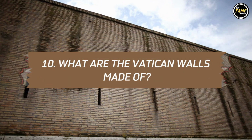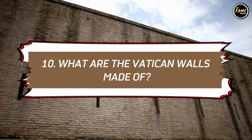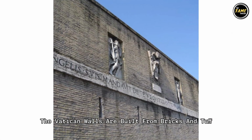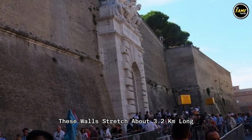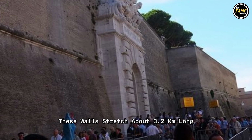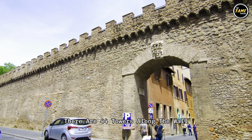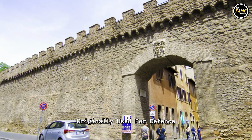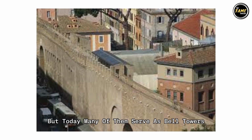Number 10. What are the Vatican walls made of? The Vatican walls are built from bricks and tuff, a type of volcanic rock. These walls stretch about 3.2 kilometers long and stand 36 feet tall. There are 44 towers along the wall, originally used for defense, but today, many of them serve as bell towers